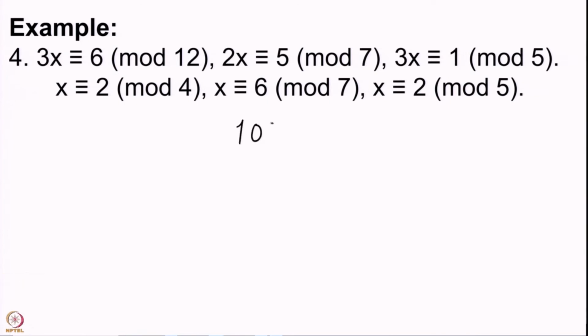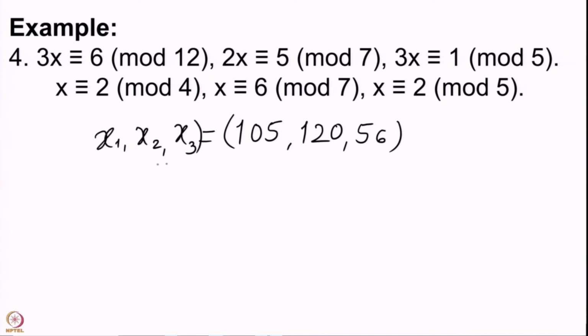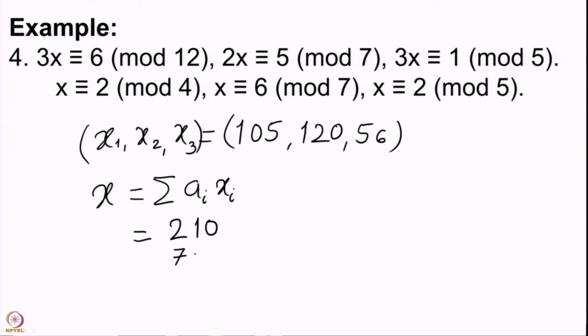So, the numbers are 105, 120 and 56. This is our X1, X2, X3. And to compute X finally, which is summation Ai Xi: 105 into 2 gives us 210, 120 into 6 gives us 720, 56 into 2 gives us 112. So, the answer is 2, 4 and 10. So, this is equal to